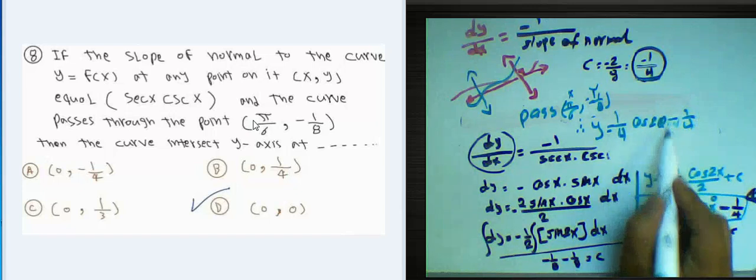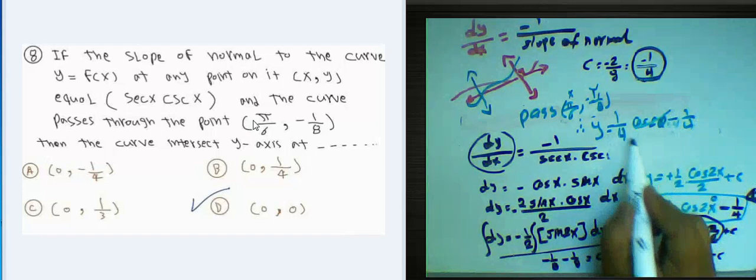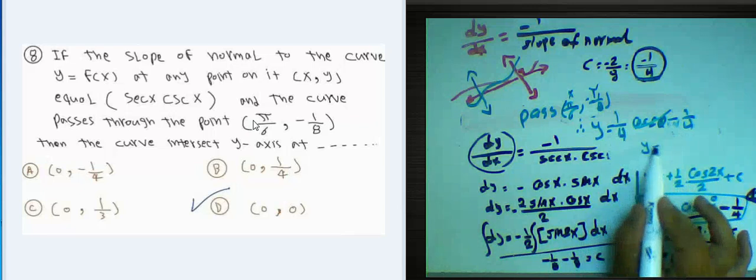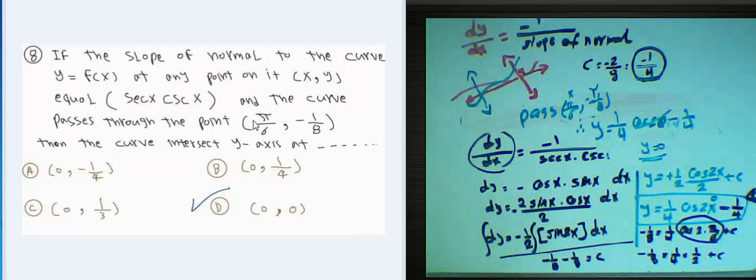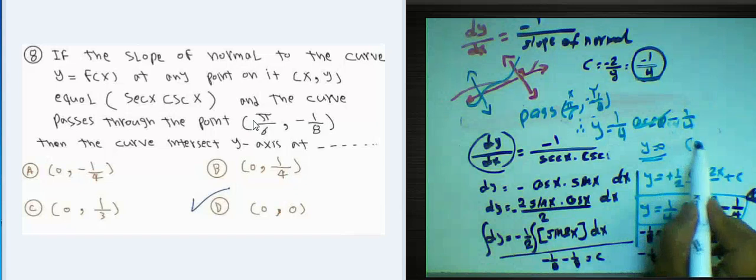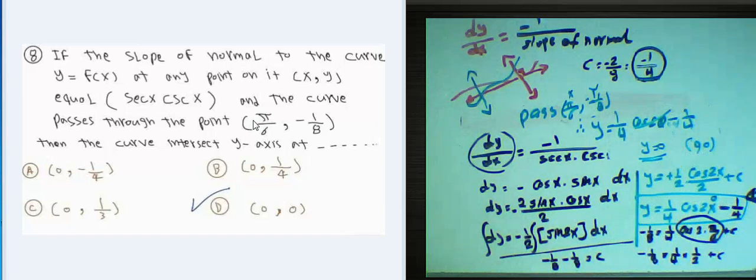Put x equals 0, cosine x equals 1. Then 1 minus 1 equals 0, then y equals 0. Then the point will be (0, 0). Then the curve will be passing through the point (0, 0) in this example, because he tells us the